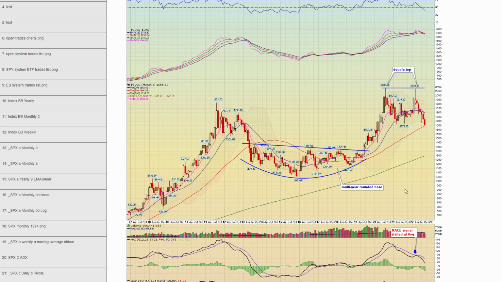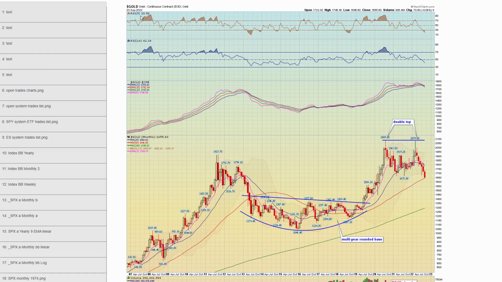Next, let's move to precious metals. Chart 76, gold. Gold is not having a good year. It was up early in the year, up to essentially a perfect double top near 2100. Selling off, it's now at its 50-month EMA here. The strong US dollar has not helped gold, obviously.